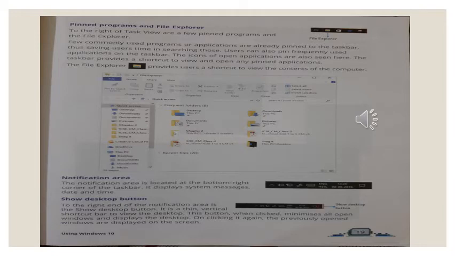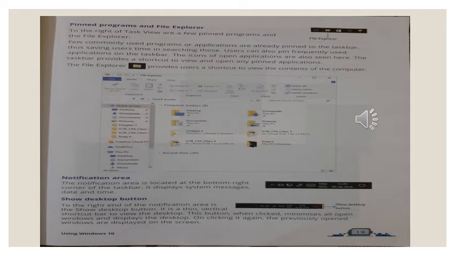So the next one is pinned programs and File Explorer. To the right of the task view are a few pinned programs and the File Explorer. Few commonly used programs or applications are already pinned to the taskbar, thus saving users time in searching for those. Users can also pin frequently used applications on the taskbar.